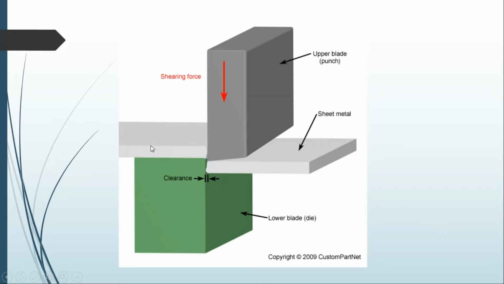Now another one is metal shearing. From a big sheet or a larger amount of sheet, we are going to cut into small sections. If you want, you can go with oxyacetylene cutting, but that is not good. You can go for wire cut EDM to cut the specimen, but it takes more time. For a certain thickness, up to 3 mm, 5 mm, or 2 mm thin sheets also, we can put it in the shearing machine and give the force over the shear. The upper punch moves, and the lower punch will be fixed like a table, and we keep the workpiece here. Then we make a force from top to down, so it will shear the workpiece into two halves or the required number of pieces. That's the clearance.